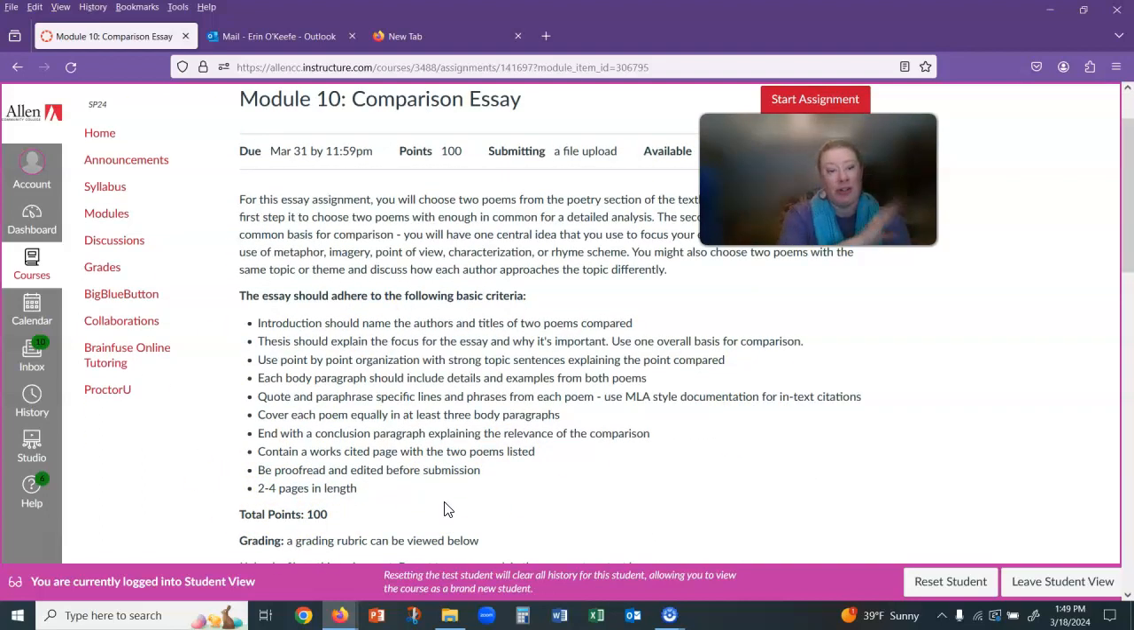The first thing you need to do is tell us the author and title of both of the poems that are being compared. So that needs to be in the introduction paragraph. We should not have any questions once we get through the introduction as to what you're comparing. You'll need your overall basis for comparison, and then the rest of the essay follows in what we call point-by-point organization,